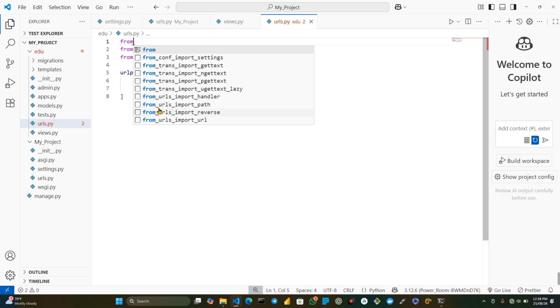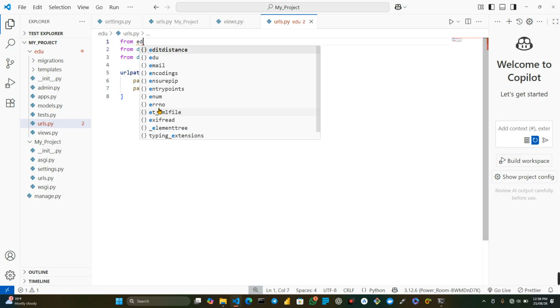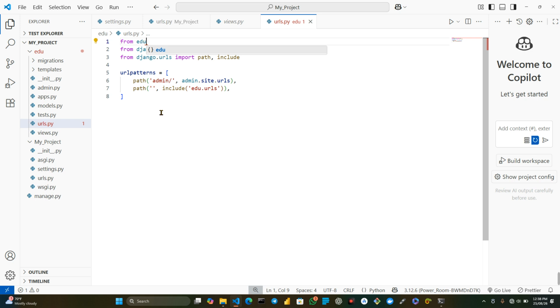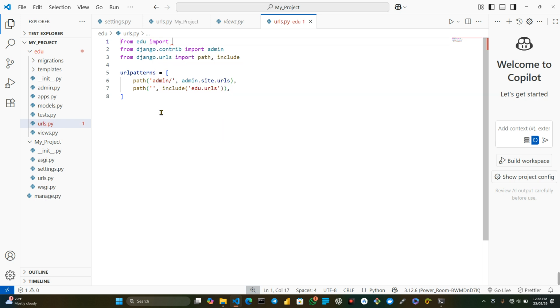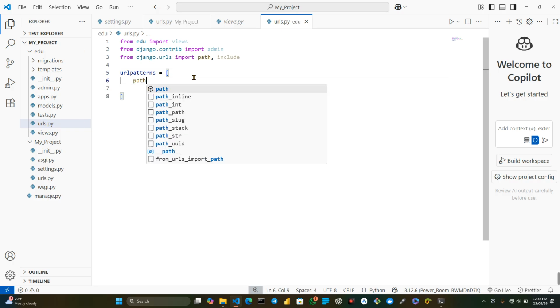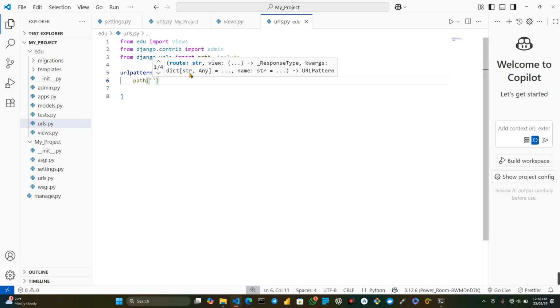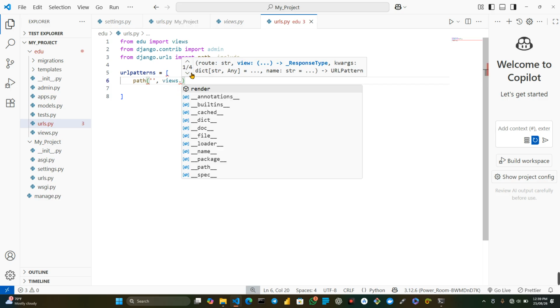You copy it here. Then here, you have to import something. You import your views. You say from edu, which is the name of your app, import, make sure it's spelled correct, import views. Good. Now we are going to list out this. We don't need it. Now you come here, you're going to create a path, and inside the path you're going to create an empty string just like you did the other time, but this time around it's not going to be include. This time around it's going to be views dot the name, which is, we are going to use,